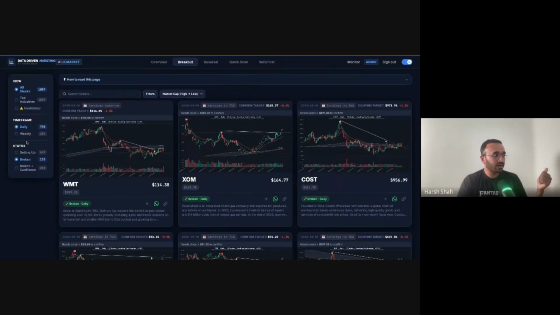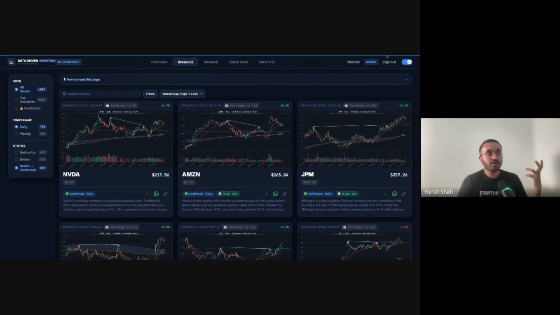So this is the second bucket, and the third one is broken and confirmed. And right now, I think every one of us knows that Amazon had a really good move. Amazon was getting capped right at this zone. It capped up. It went a little higher. It's coming back and it's holding, and it might go up.